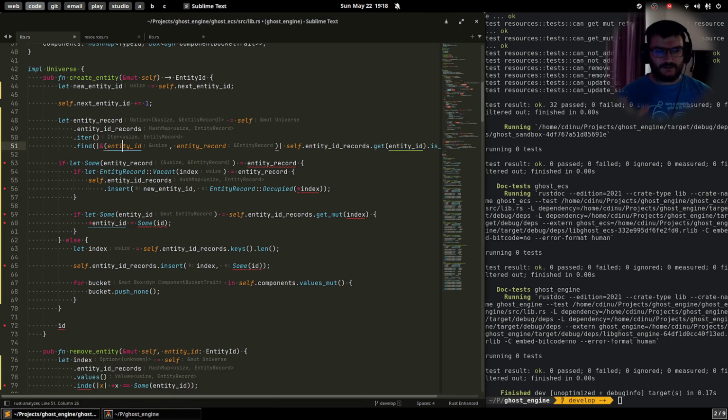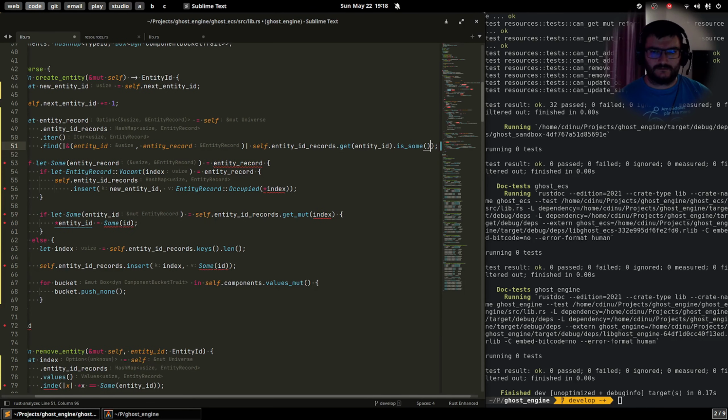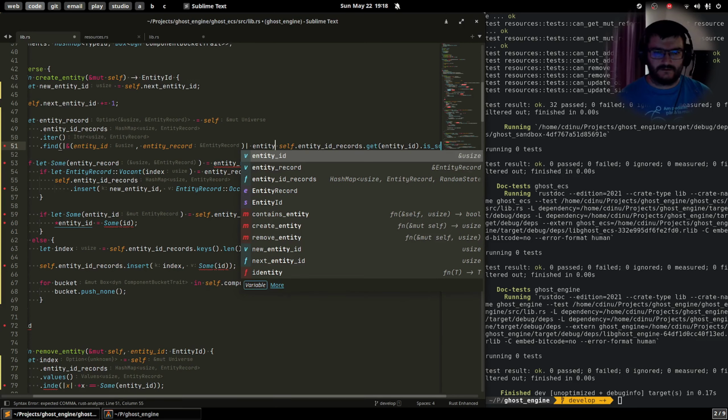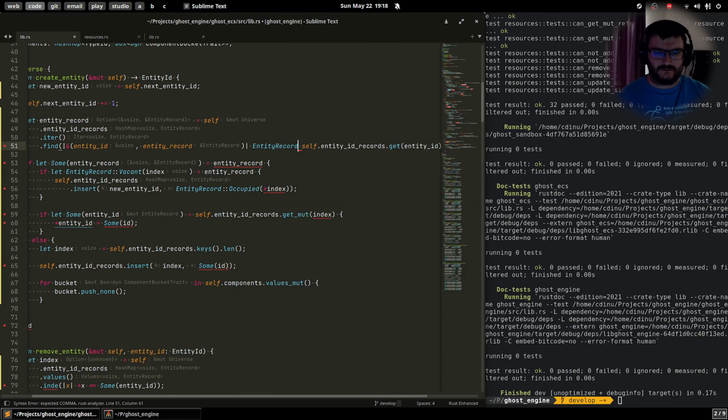So we return the first pair of entity ID and entity record where entity record